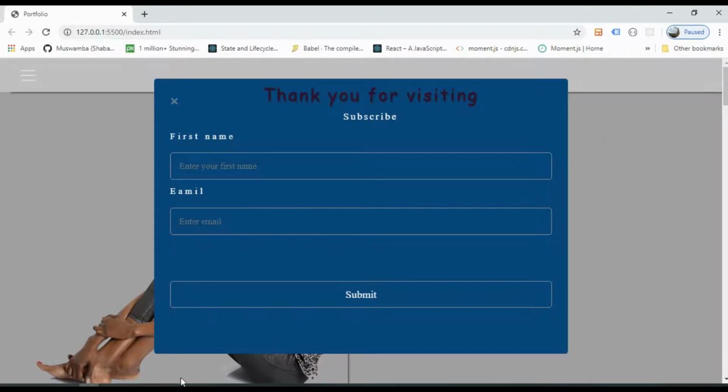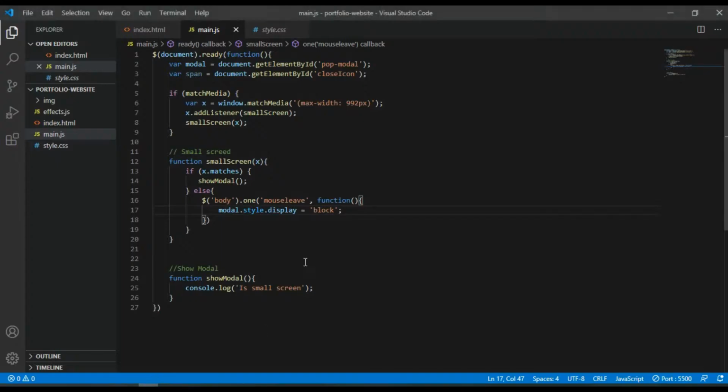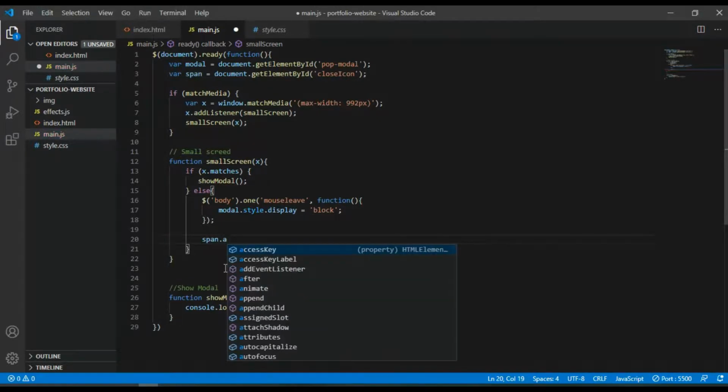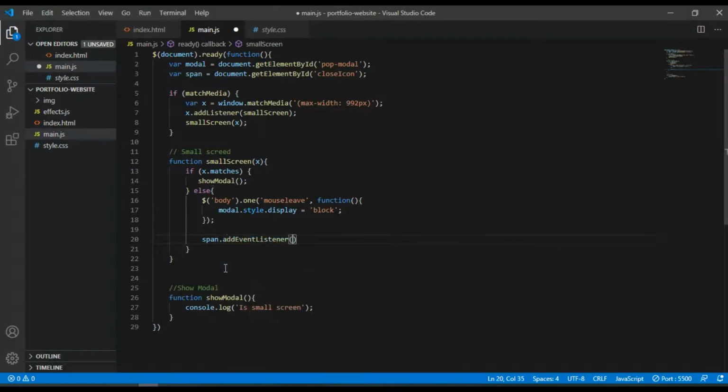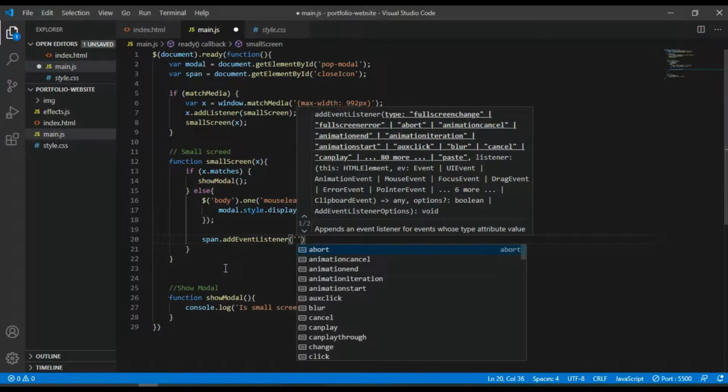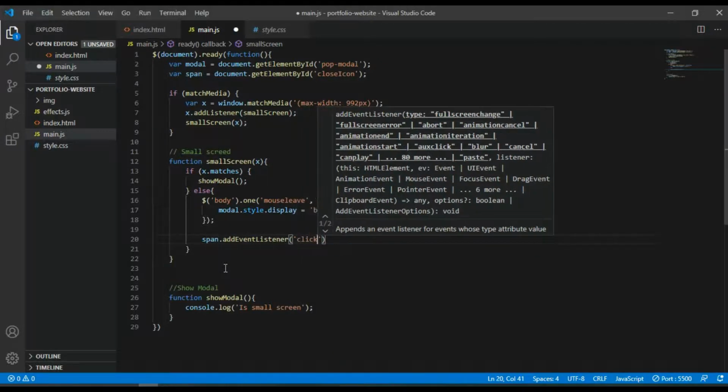So remember we have a span here, so I can just go ahead and target the span and add an event listener. I'm going to listen on click. So when the user clicks on that, I want to run a function.